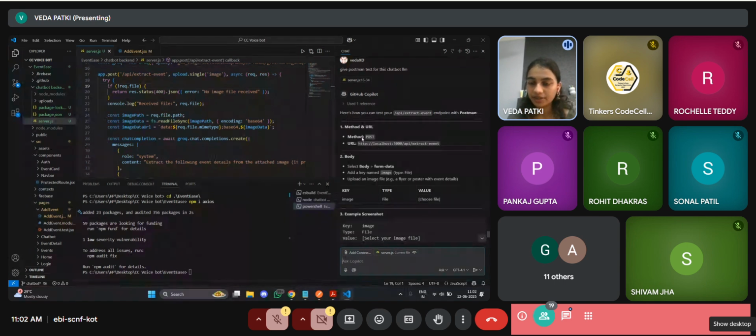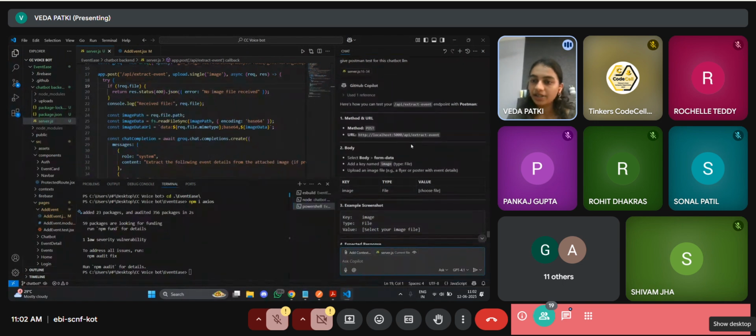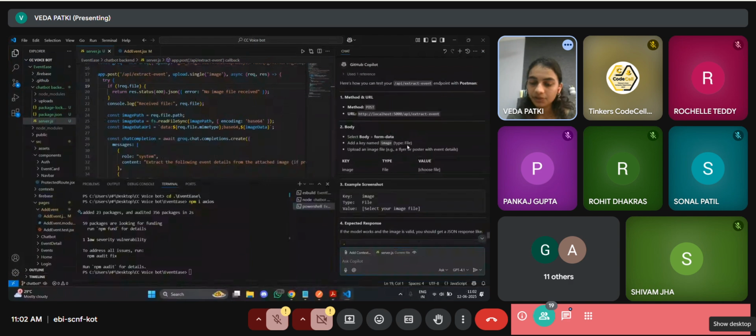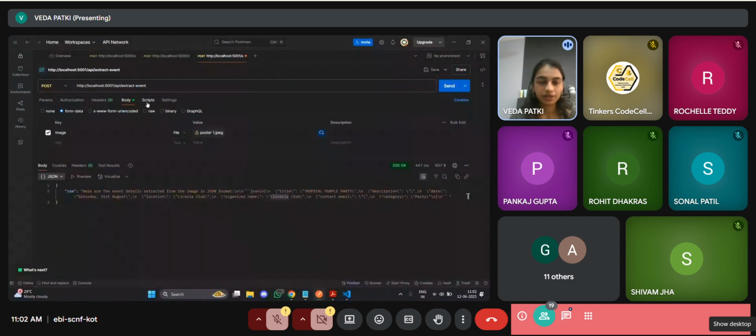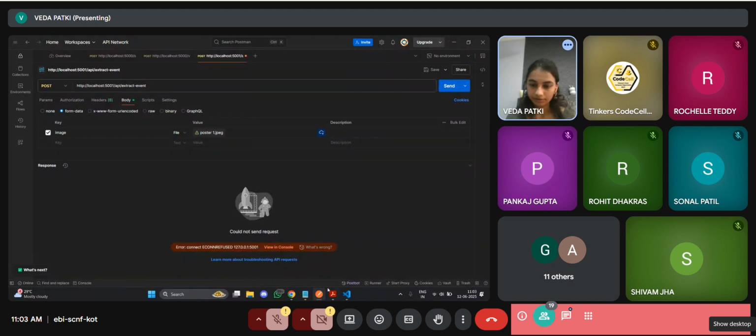Yeah, so this is the method which we have to do, which is post. And this is the URL which we have to do it. Okay. So if I go here, I'll select the method as post because we are sending it to the backend, right? And here we can paste the URL, जो भी हमारा URL जिस पे हमारा bot work कर रहा है वो. Then we have to change it to body and यहाँ पे हमें key add करनी है which is image because we are sending an image and file it is, the type of image is file, and we can add poster here. So if I click on send, okay,